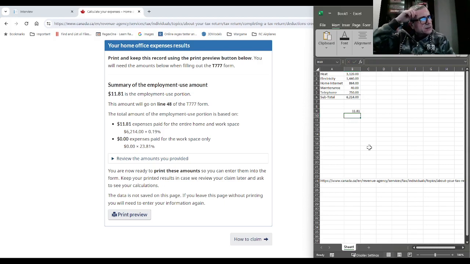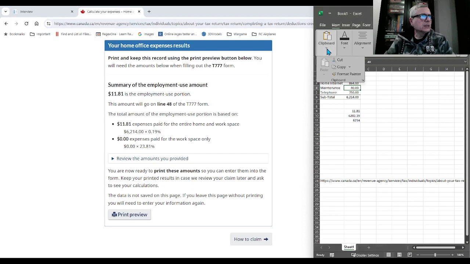And then from the 6214, subtract the 1181, and you get 6202.19. All right, and then here you got 6214, and let's format everybody the same way.